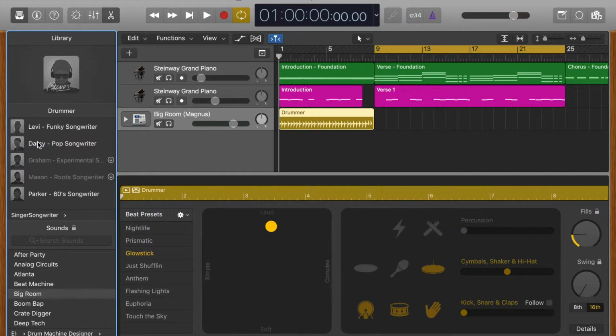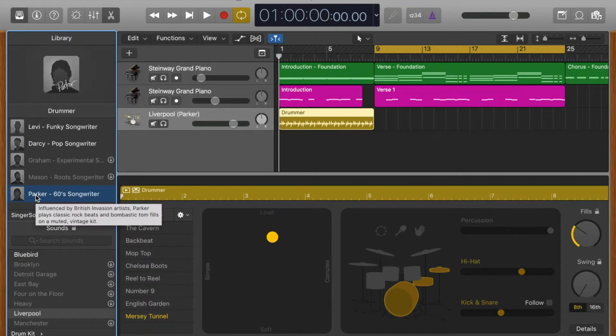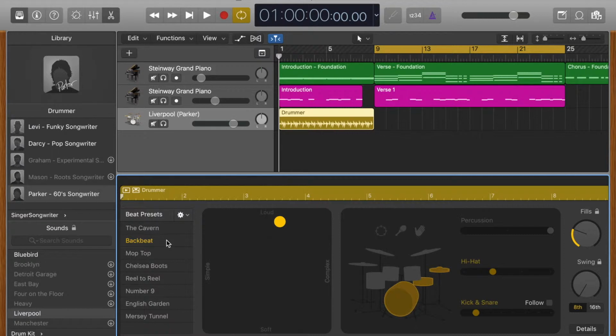Within songwriter there are a number of different drummers, each with different styles of drumming, and as you can see, some are pre-loaded, some can be downloaded. I'm choosing Parker, and when I select Parker I can also see a number of different presets or drumming patterns, and for this song I decided to use the backbeat. So the first region on the drum track now is populated with the backbeat,